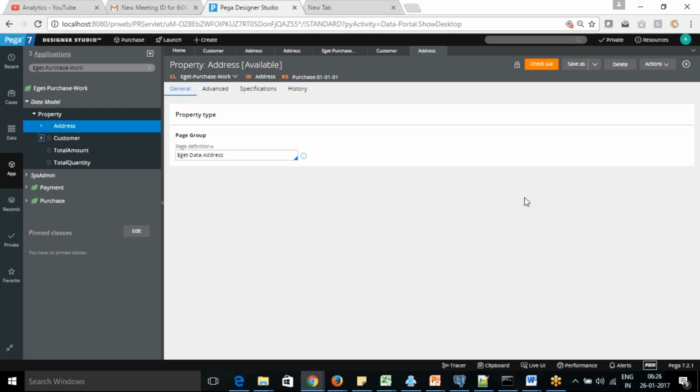No, no. The context is different. Within the customer you need to refer to it as dot customer dot address. So you make different references. This would be property dot address, the other one would be property dot customer dot something, because it's inside the customer. Is that what you said?